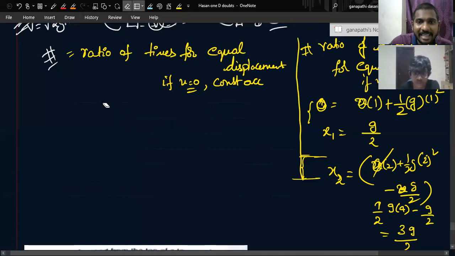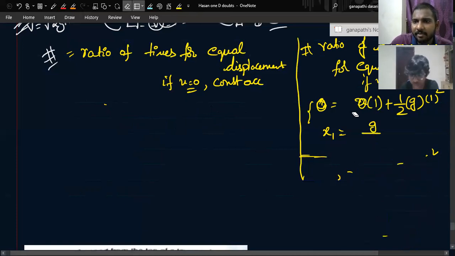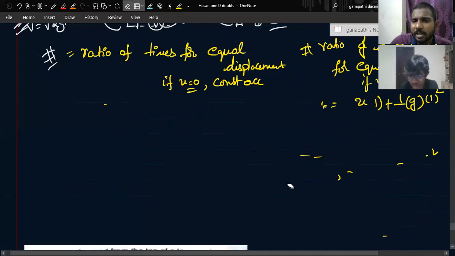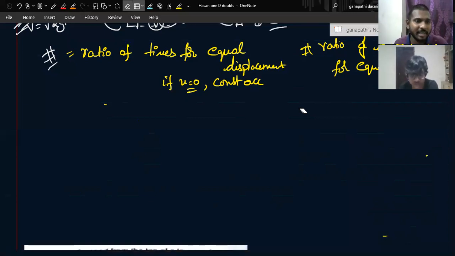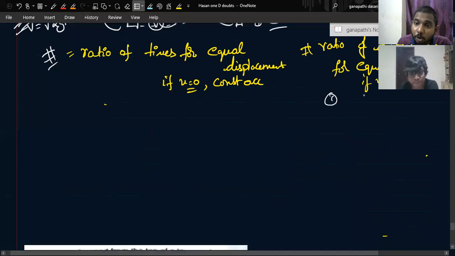Okay. Next, I am erasing this and finally giving you the result. For equal time periods, the ratio is what? 1:3. But if the question is asked as distance traveled in first second, distance traveled in 2 seconds, distance traveled in 3 seconds, then you will get 1:4:9, in that way, half t g squared. If directly it is asked as first second, first 2 seconds, first 3 seconds, that is nothing but 1 square, 2 square is 4, 3 square is 9.